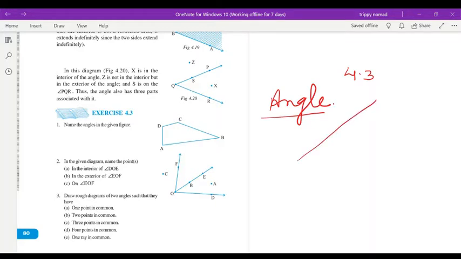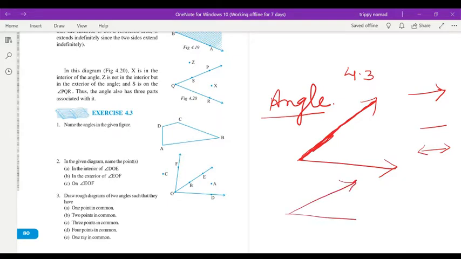When we are talking about an angle, you will draw it like that. What am I drawing here? This is called a ray. I taught you this symbol is for ray, this symbol for line segment, and this for line. How many rays have I drawn to make an angle? There are two rays, and these rays are starting from this point, where I am putting one big circle. That is called a point.